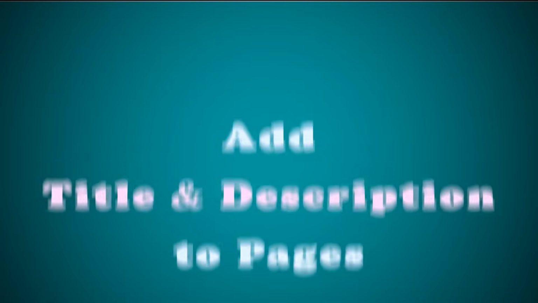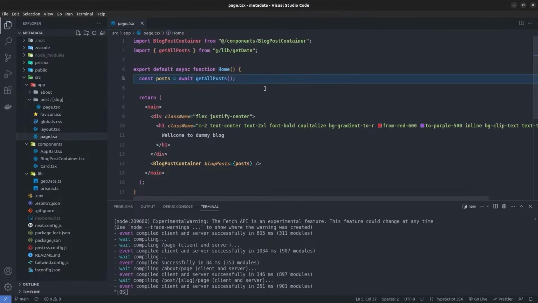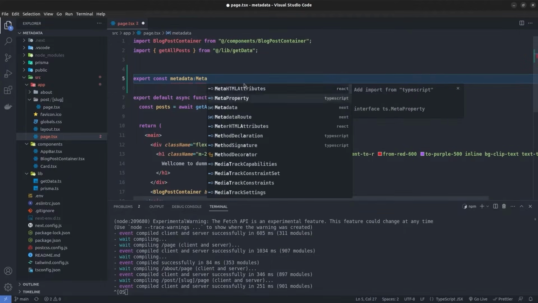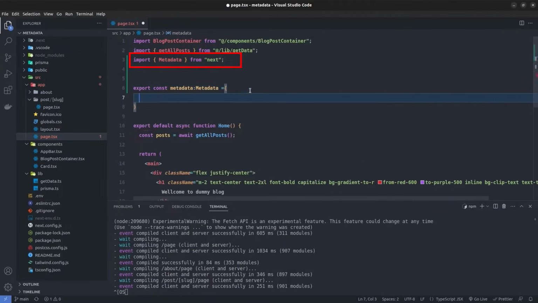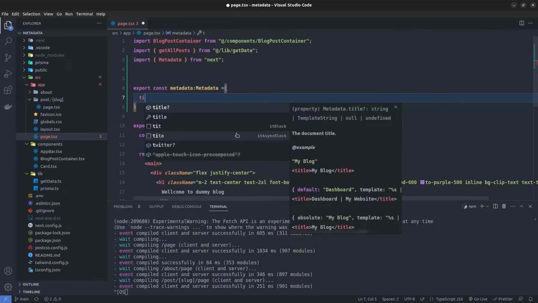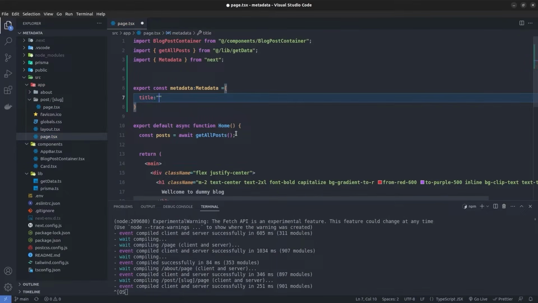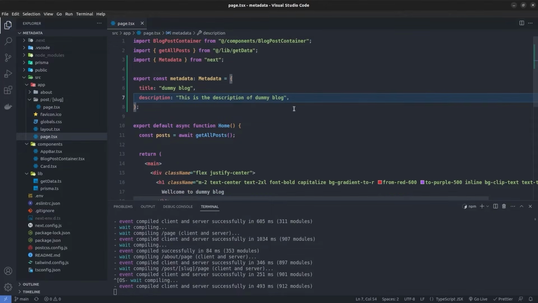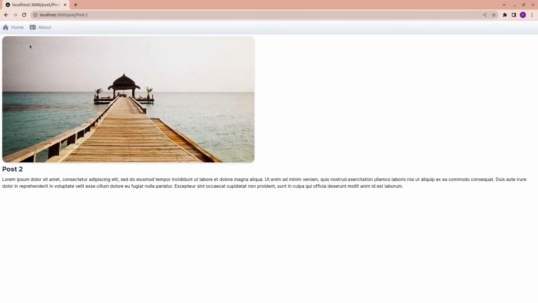Okay, in the next step, I'm going to create a title and a description for the pages in our app. So I go back to VS Code and I go to the home page, and here we can just export a metadata object. So I'm going to say export const metadata, and its type is going to be Metadata from next. So let's import it, Metadata from next. And inside it, we can have the title of our page. Let's go ahead with dummy blog. Okay, and then we can have the description of the page, which is going to be, this is the description of dummy blog. So let's save this and go back to our browser, and let's go to the home page,